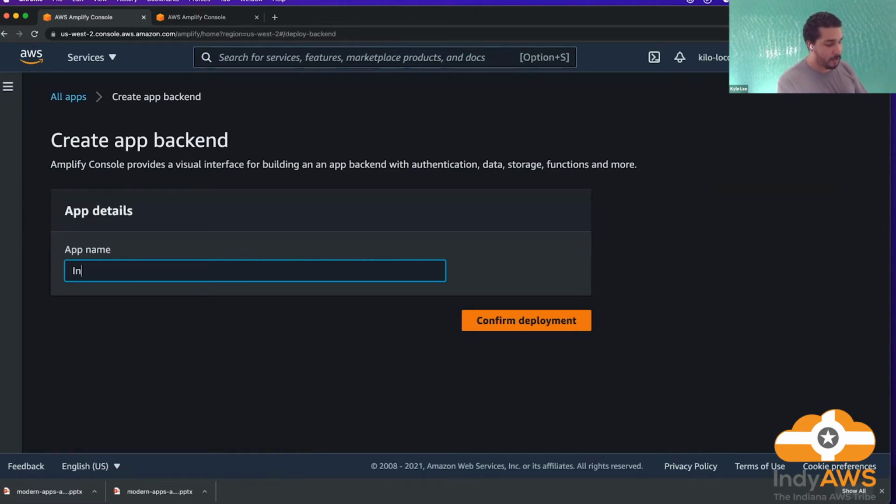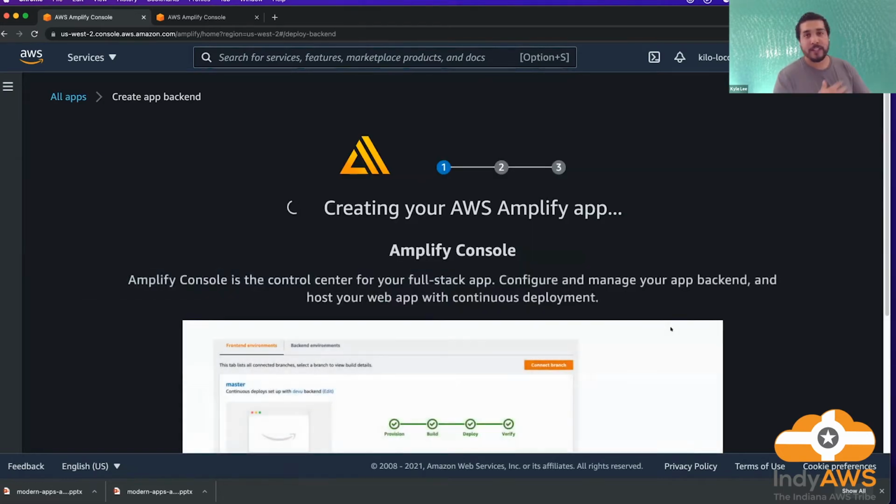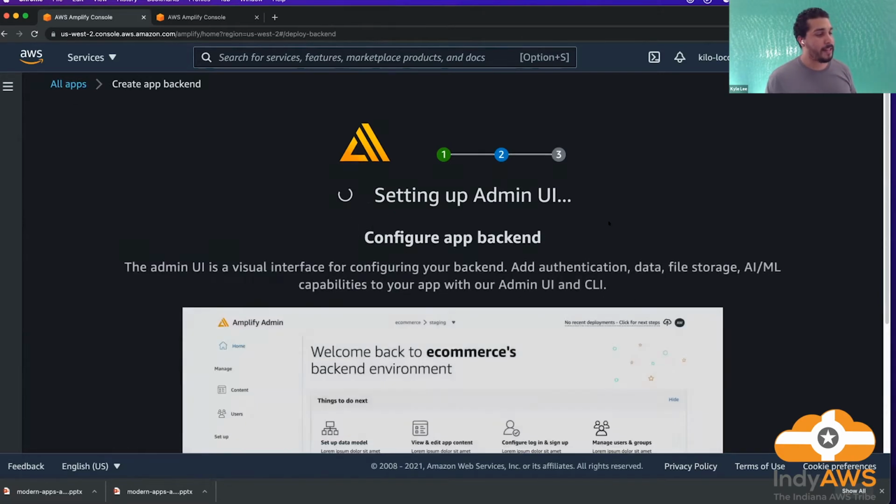So we could just do IndyAWS demo, right? So once we confirm deployment, it's going to create a project in the background, and it's essentially going to make a space so that we can start interacting with the admin UI. And this takes about 2 to 3 minutes to set up.